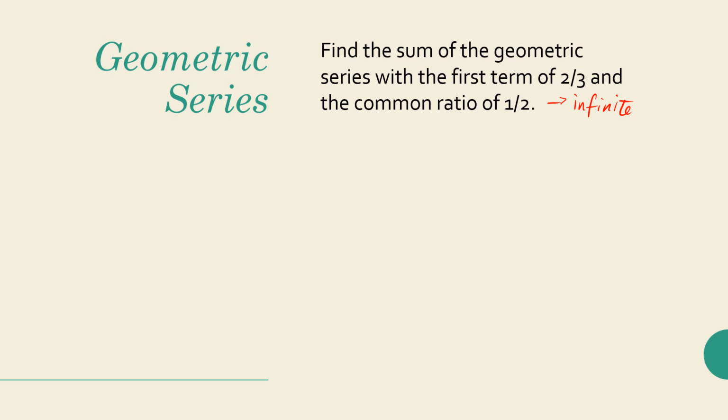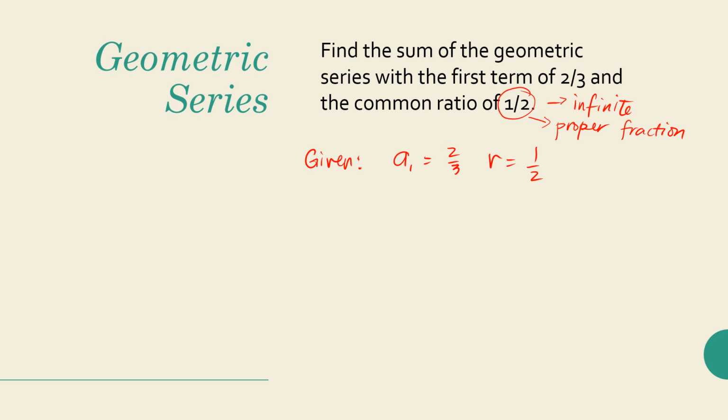Okay? So let us see the common ratio. Since our common ratio is 1/2, this is a proper fraction. And if this is a proper fraction, then there is a what? There is a sum or the existing sum. Okay, so if this is an existing sum, then we will have first the given. Our given here is a sub 1 is 2/3 and the common ratio of 1/2.